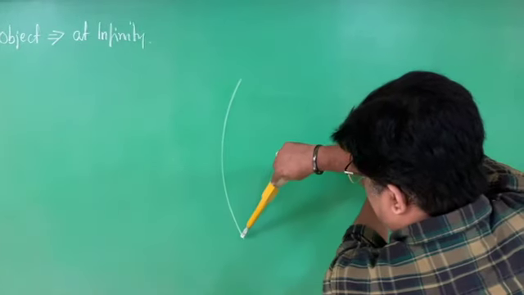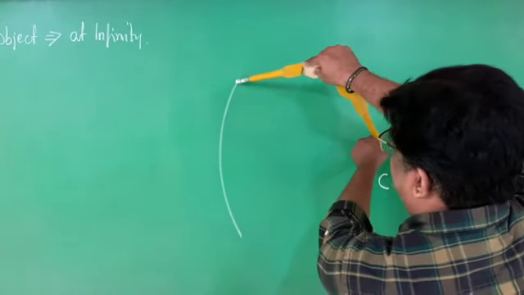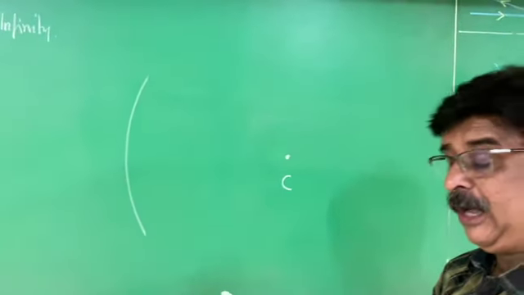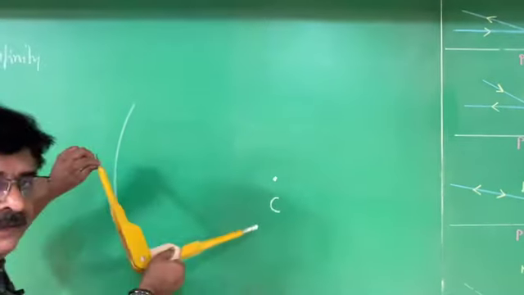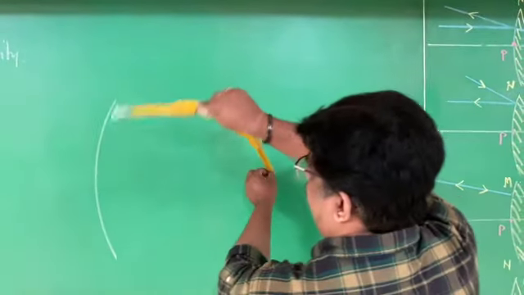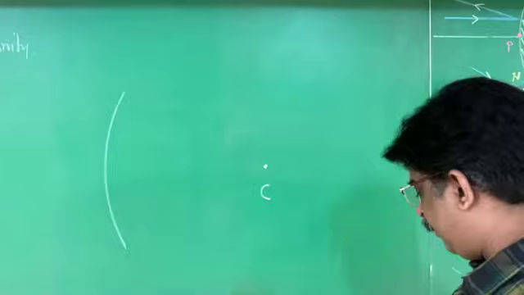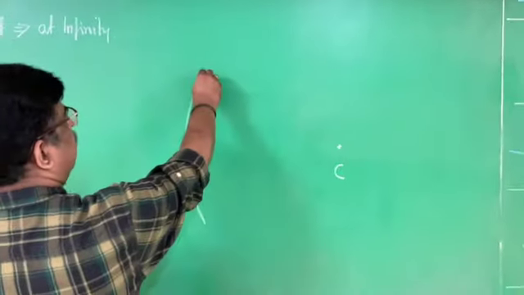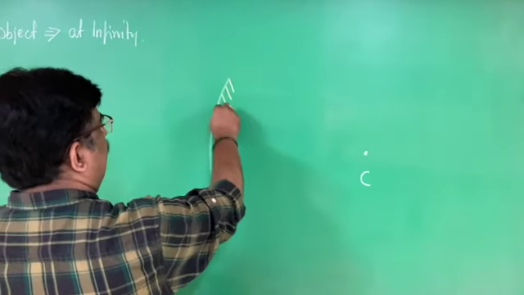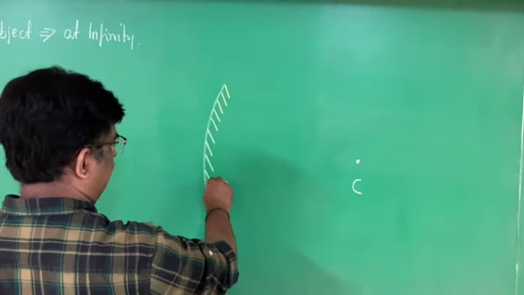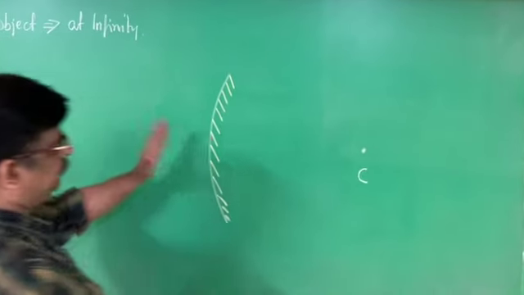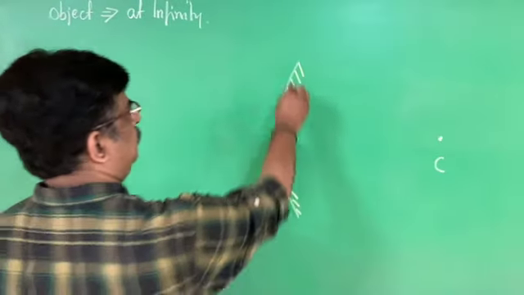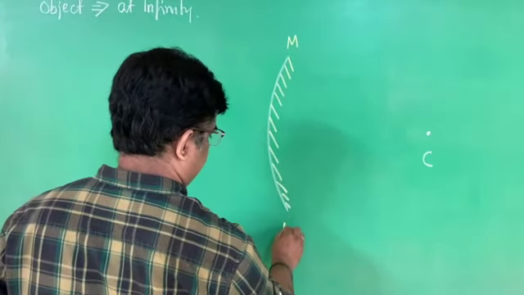Now if you have written concave mirror, you can understand the difference between writing the concave and convex mirror. In the case of a concave, I have written like this. In the case of a convex, I have written from here. Now I wanted to make this arc as a mirror. Which mirror? The mirror is convex. This is the painted surface I am marking. Therefore, the reflecting surface is facing the left. The reflecting surface is bulged outwards. And this is the aperture. MN is the aperture of the mirror.